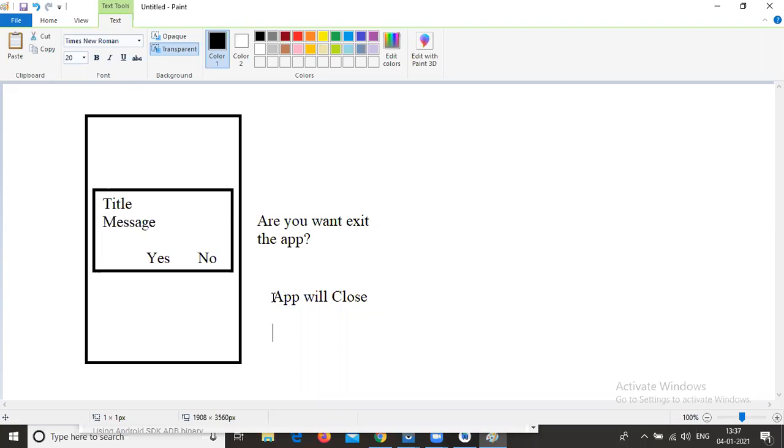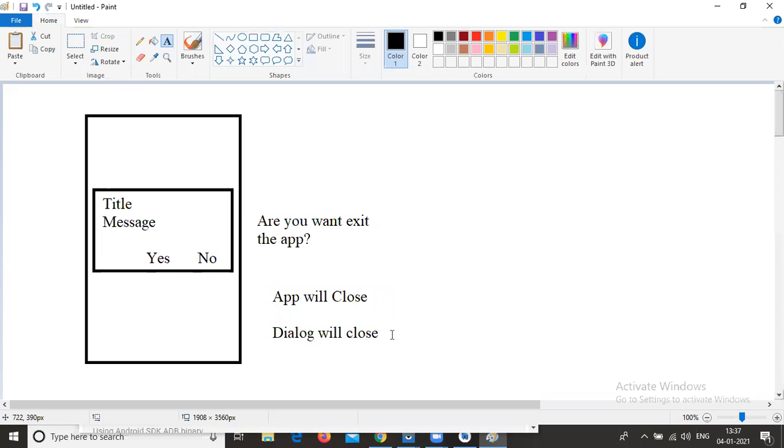In case you are clicking No, only the dialog will close. That means only this part will be closed.